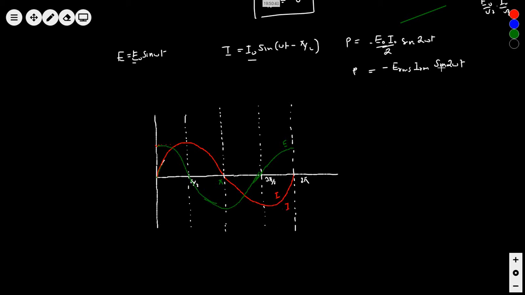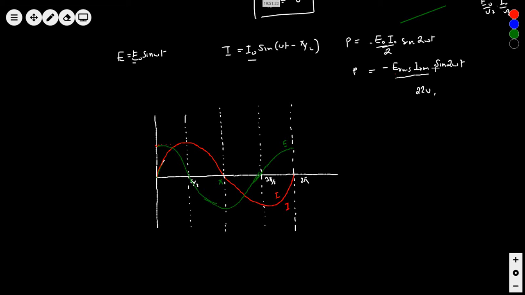What about the power? Power is sine 2 omega t. How will sine 2 omega t look? And it is E RMS into I RMS. So if the RMS value is, for example, as you have seen, 220, then 220 into I RMS, whatever value it comes, if you multiply, this becomes a bigger one. That means this is the amplitude of the power. It will definitely be greater.